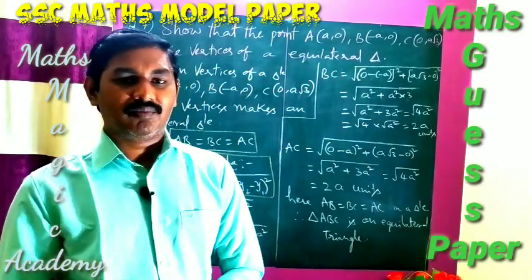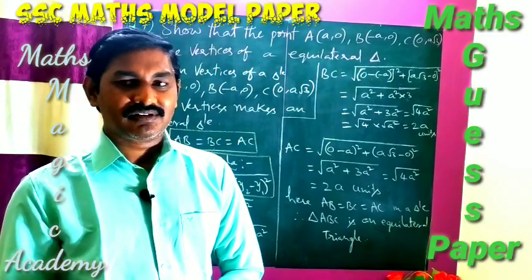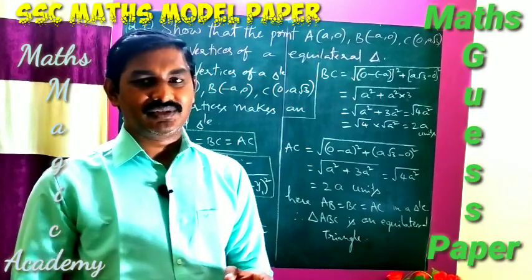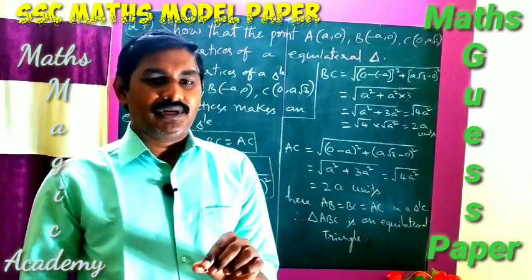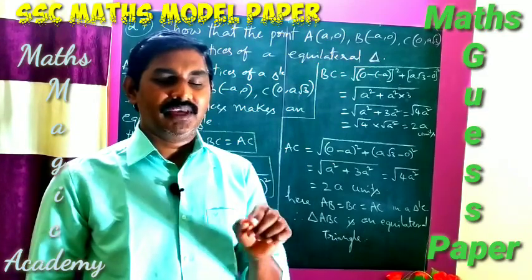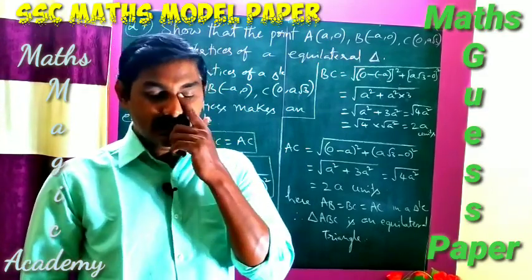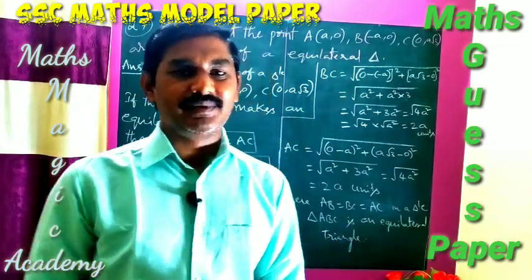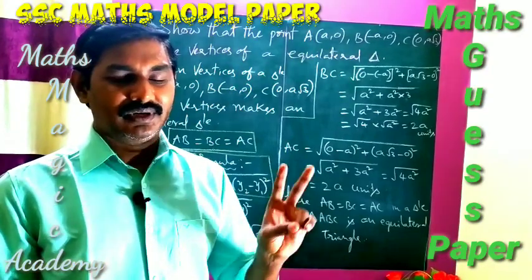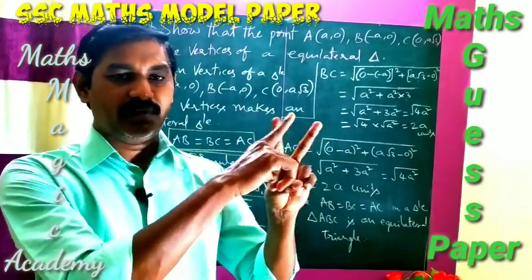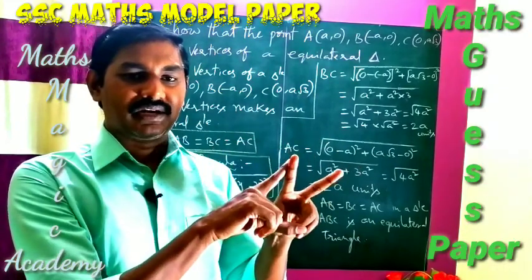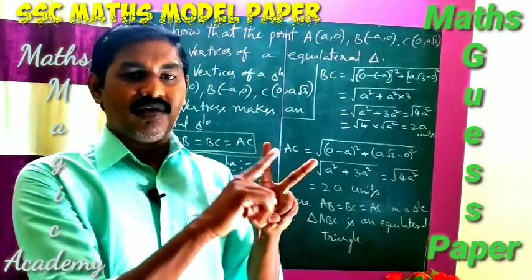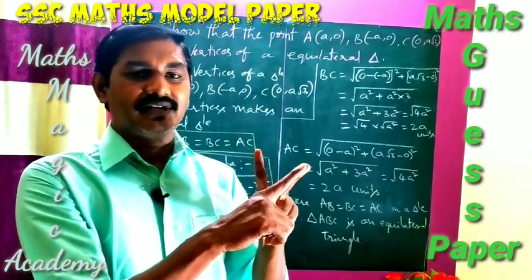And what about a rhombus? Rhombus diagonals are equal? No, diagonals are not equal, but all sides are equal. So we can say, if you want to prove a rhombus, then definitely all the sides, that is AB, BC, CD and AD, see, these all the sides are equal and diagonals are not equal. Then it becomes a rhombus. So I told two only, that is one is a parallelogram and the other one is rhombus. If it is a parallelogram, opposite sides are equal and diagonals are not equal. And if it is a rhombus, all the sides are equal and diagonals are not equal.